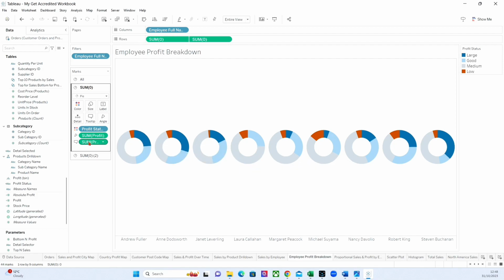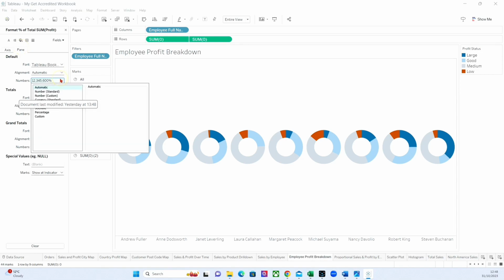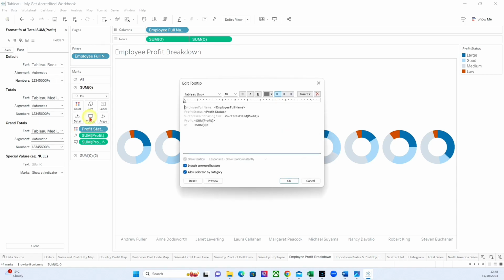I'm going to right click on that table calc now and click on format, and in the pane tab I'm going to go to numbers and set that as a percentage, but I don't want any decimal places. So if I hover over now, you can see we're just seeing a whole number percentage. I also think it's good practice to make the tooltips readable sentences. So actually I'm going to edit that tooltip,